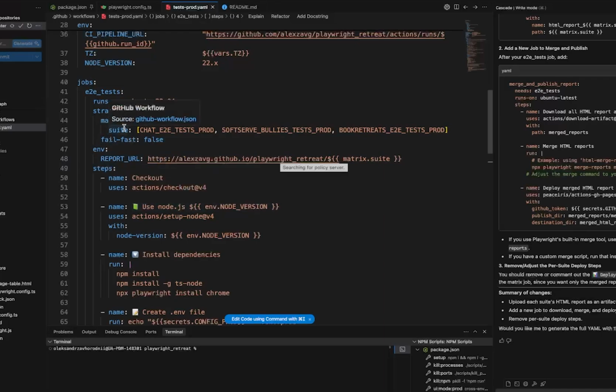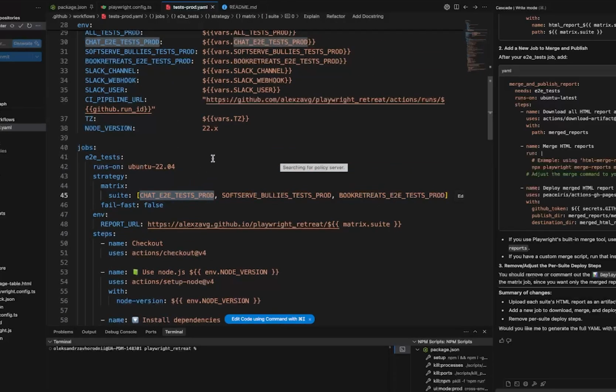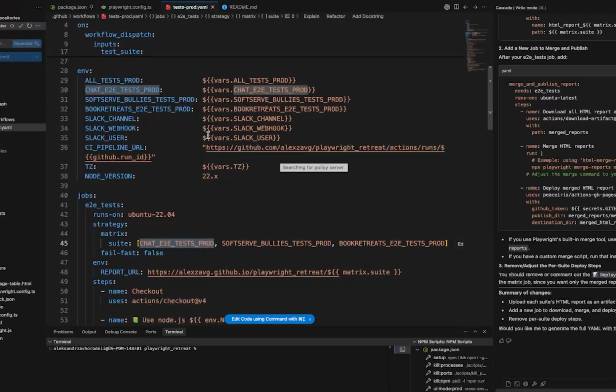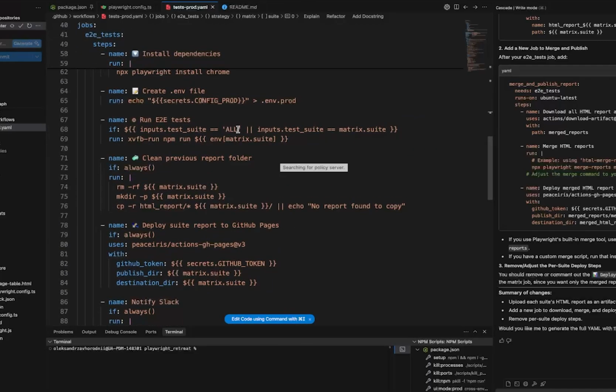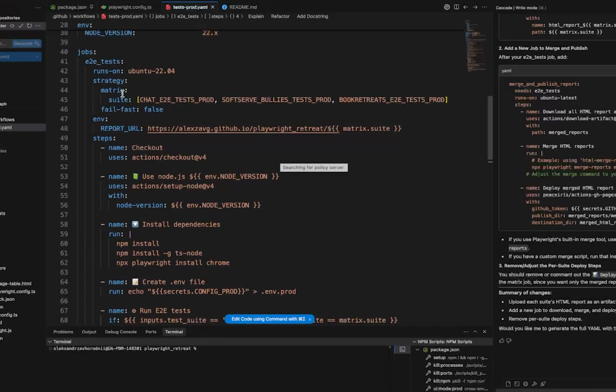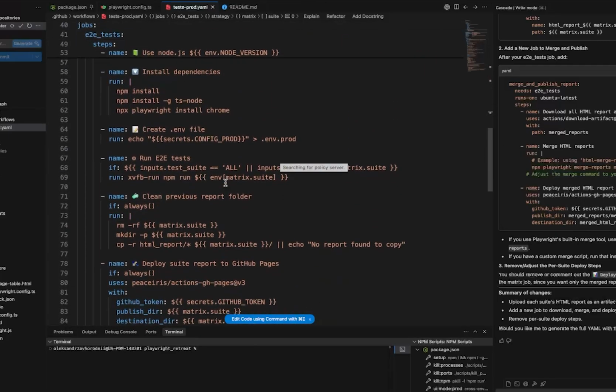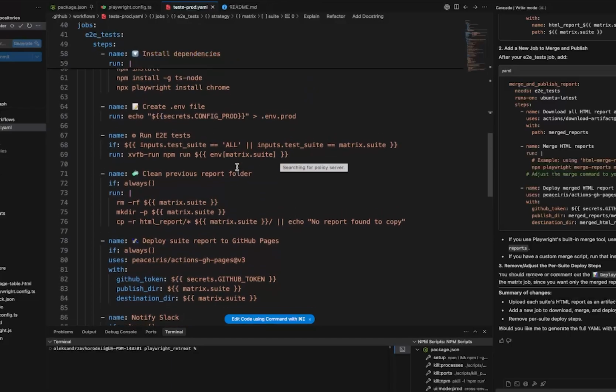This right here splits this job into 3 based on the values within this array, which correspond to the variables within our env section. So we run the tests, right? We're taking the metrics and the suite from that matrix, which corresponds to these. It takes the first suite, which actually corresponds to these. So it takes the command from the variables within the GitHub and just substitutes it and runs the tests, runs